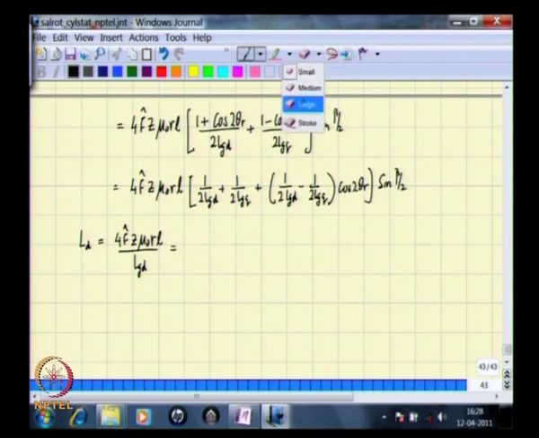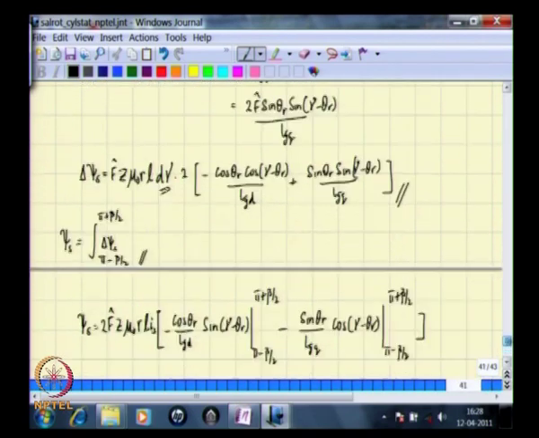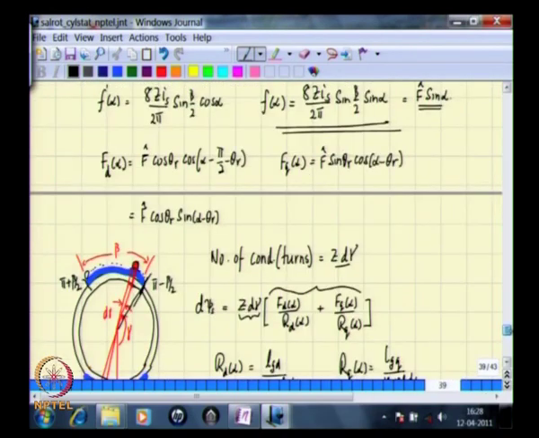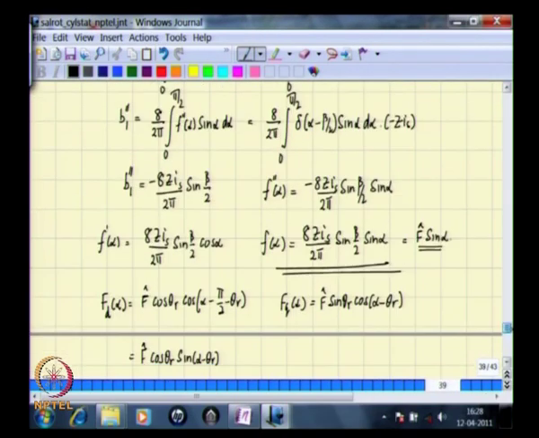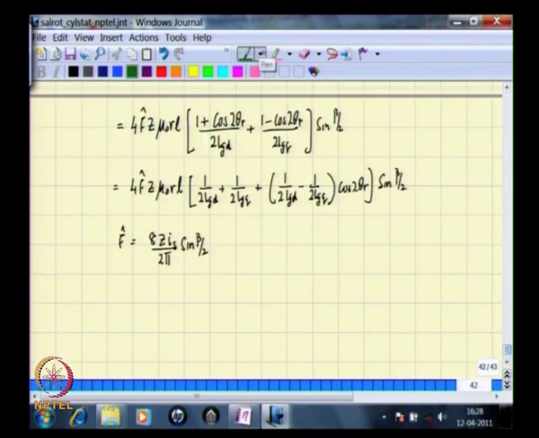So let us first expand this term. F hat is nothing but 8 times z is by 2 pi sin beta by 2. This expression we get from our earlier derivation, where we try to get the amplitude of the fundamental component of the MMF distribution, that was our f hat, and therefore we substitute that here,